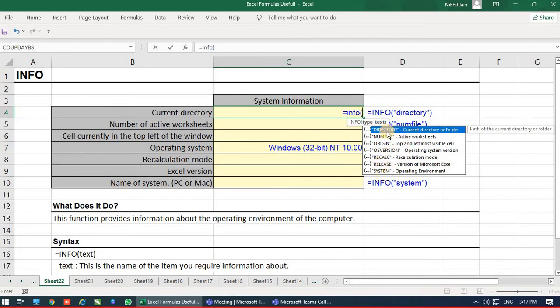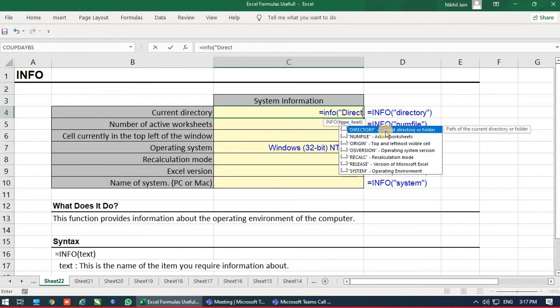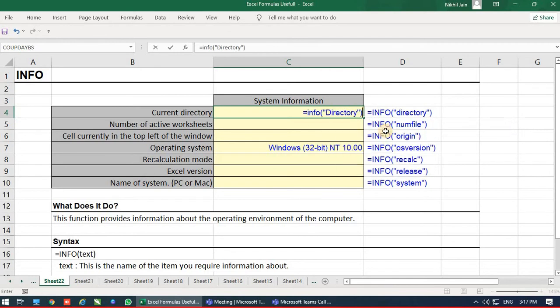For example, we can search directory. What do we mean by directory? Directory means folder. Which folder I have saved this file in, I want to check that. So INFO, in the double inverted commas just type directory, close the bracket, enter. So this file is in C drive, user Zotac, documents. So we can now directly go into the documents folder, and from there we can mail it or copy it into a pen drive.